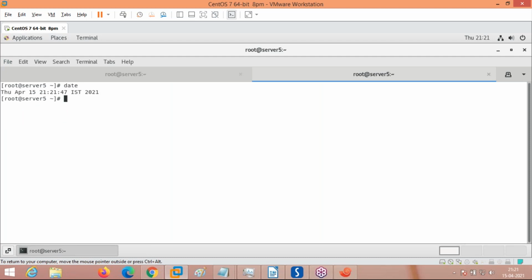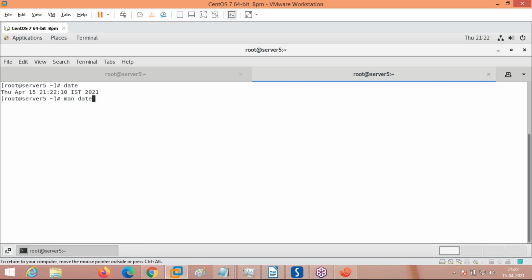See, you know what the date command is? There are many options possible with the date command, like this: plus percent A, plus percent B, plus percent C. There are many options which can be passed to the date command. But it is not possible that you can remember all the options all the time. In order to get help for the date command, you know date is available, but you won't remember the different options possible. You can actually get help for these things using the man command.